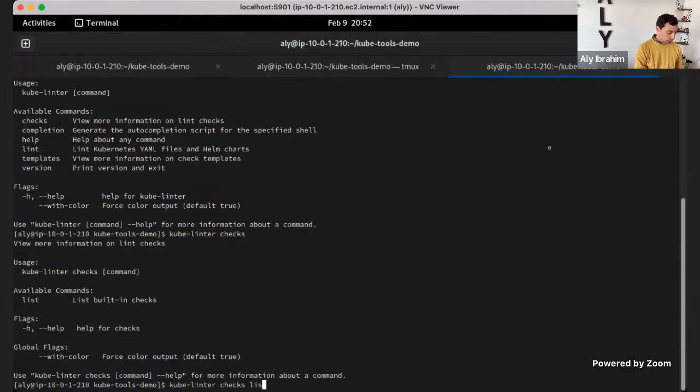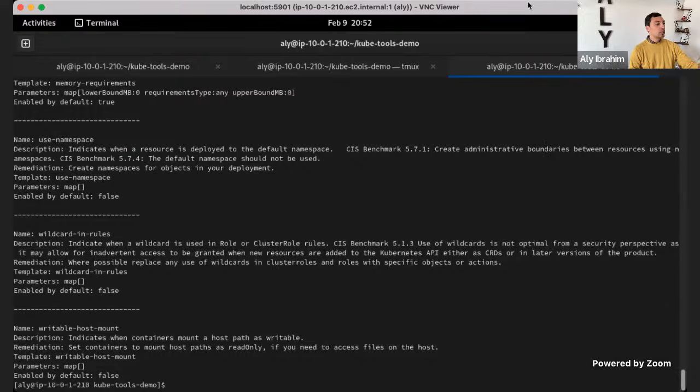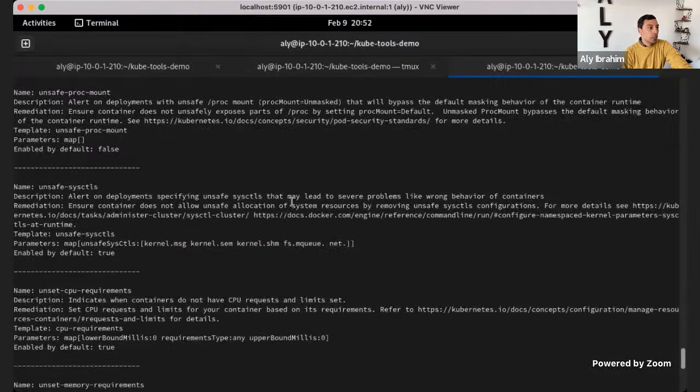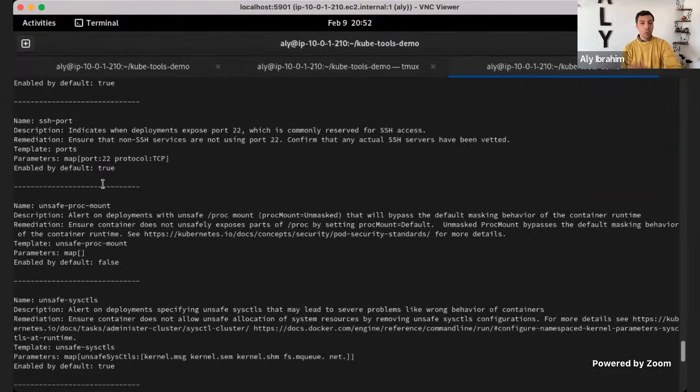Yeah, checks list. So all of those are built into kubelinter. You can enable or disable them by default. You can add your own rules, and probably your security team, if they want to embed this into the pipelines, will need to add their own rules. And some of those rules will also tell you why and what the remediation is, what you can do, and so forth.